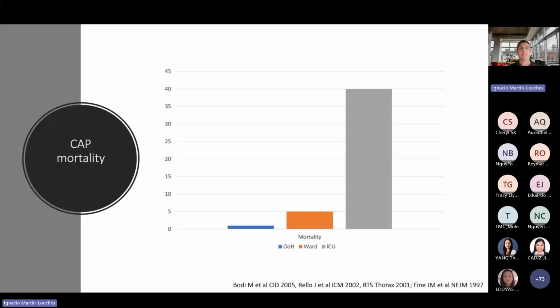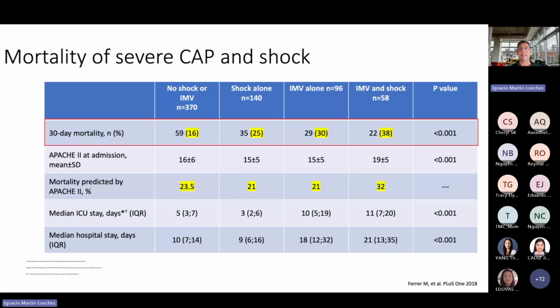But when we are looking at which is the highest mortality, in this graph, taking into account different works, we can see that it can reach up to 40%. And this 40% comes from different studies. I'm just showing one study from Barcelona that showed that when we analyzed patients with septic shock and the need for invasive mechanical ventilation, you have this number of 40%. And these are, as I mentioned before, patients that are being admitted to the ICU.